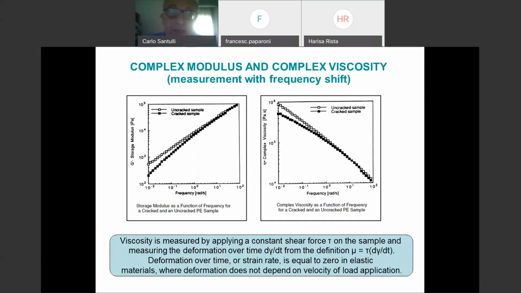Of course, once you have the complex modulus, you might have also the complex viscosity. Complex viscosity means that viscosity needs to take into account also the losses, and also that viscosity decreases with temperature, but decreases also with